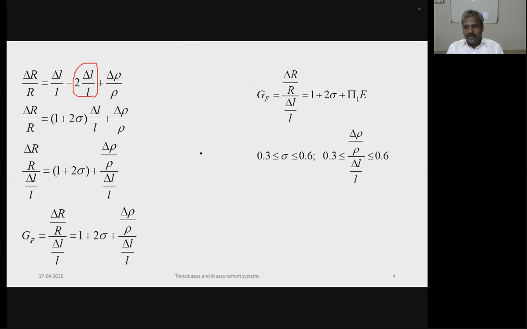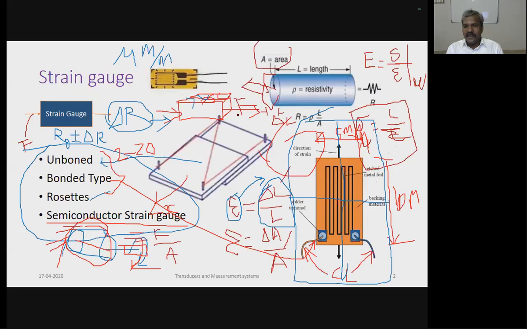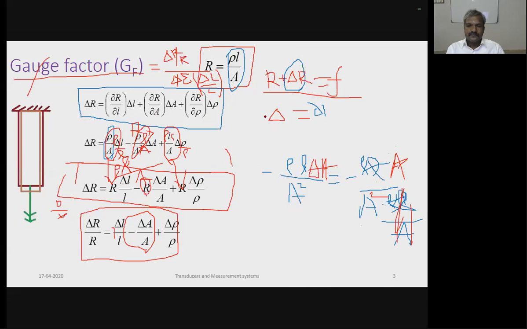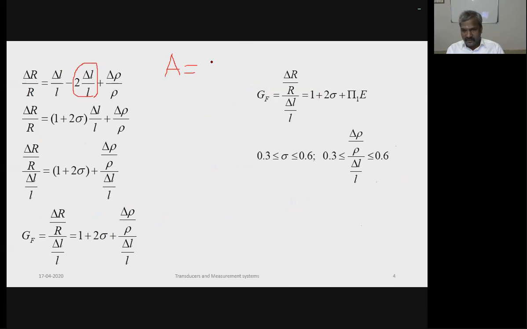How do we now come to the expression for area? What is the area of the cross section? What is the area of cross section here? A cylindrical cross section. The area of cross section is circular. So what is the formula for the area of a circle? Area of circle, pi